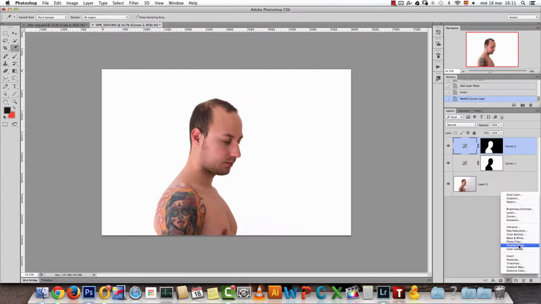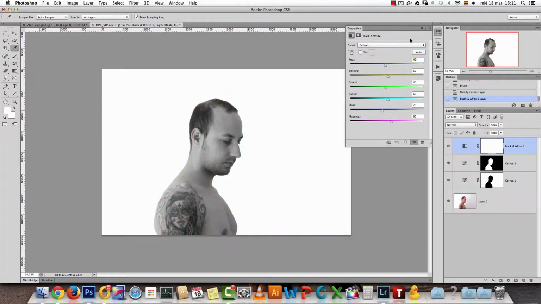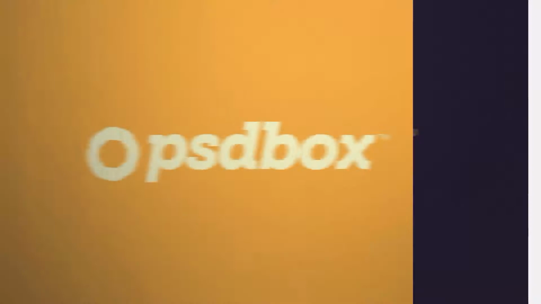Next, I will add a black and white adjustment. You can also leave the color version, but usually in black and white, I think it looks more interesting. After we're done, we will deactivate this so you can see how it looks when we have it with color. And I'll give you the values that I have here: 73, 96, 40, 60, 20, and 80. I just changed the reds and yellows because for portraits, these are the colors that usually affect the skin tones.